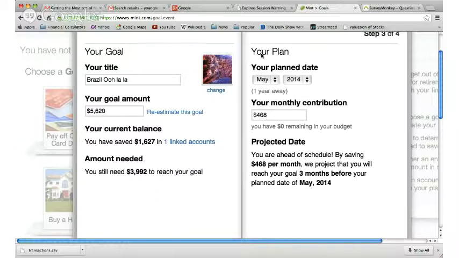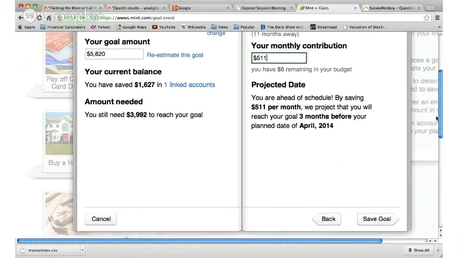So I actually want to go before a year. I want to go for the World Cup. When is that? Like February? I don't know. So it tells me, okay, you're going to have to do 624 if you want to do it in February. If I'm like, oh, I can't do that actually. Okay, forget it. I'll do April and then 500. That's more manageable. So it tells you right away how much you have to do in a month, which is something that I think people have a hard time figuring out, how much things are going to actually cost on a monthly basis to save up for. So this makes it really easy. And then you can play with the date, you can push it back if the amount is too high for you in a month. So then I hit save goal,